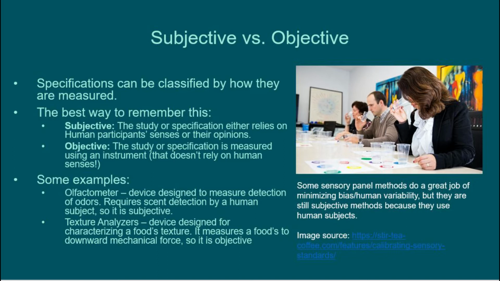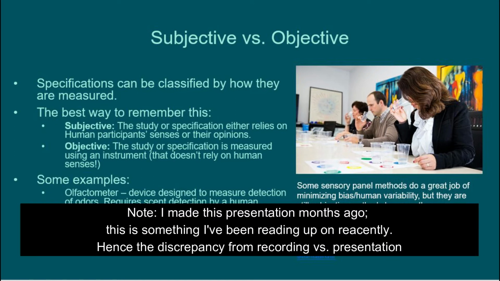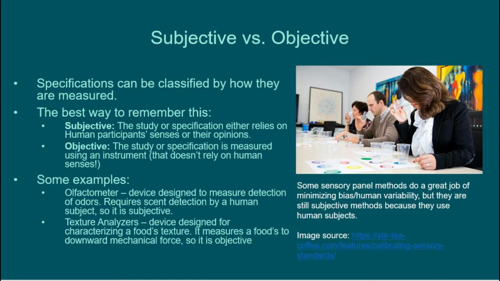The subjective and objective is where it gets a little bit blurry. I'd argue that it's a subjective method because it depends on the ability of the subject to smell something. In fact, when learning how an olfactometer worked, the first thing I was exposed to was essentially a study of determining what percentage of test subjects can detect an odor at a certain concentration, and then just plotting that percentage